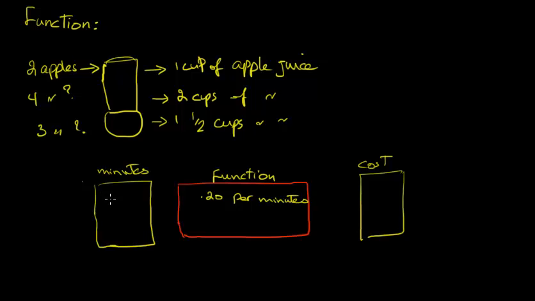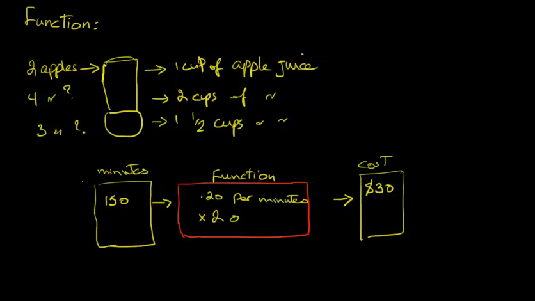Let's say you talk 150 minutes this month. If you want to calculate the cost of the phone for yourself, you need to times it by 0.20, then you get $30 per month. So you put the number of minutes in the function, times it by 0.20, and get an output as the cost